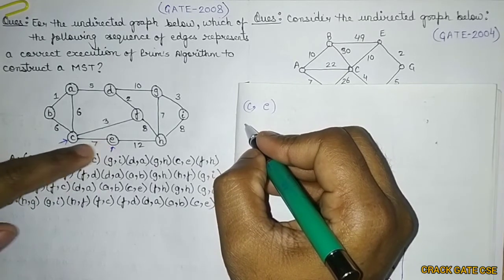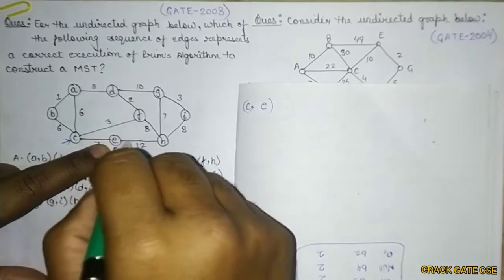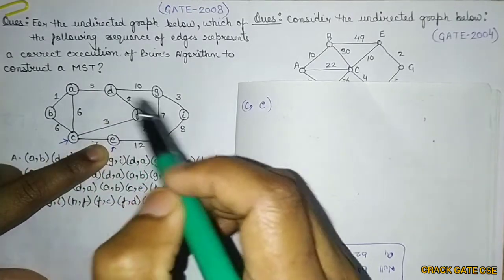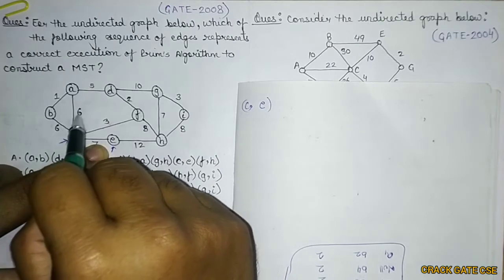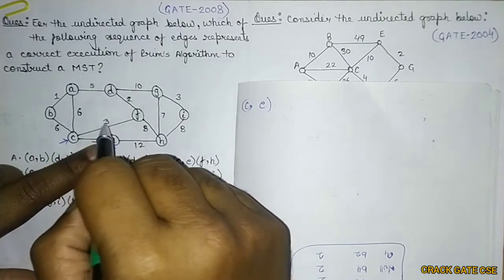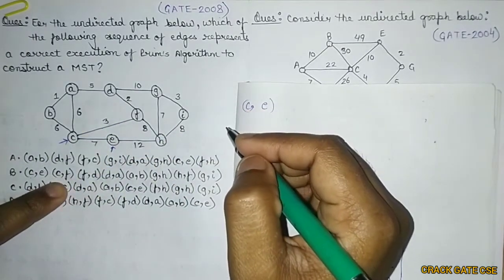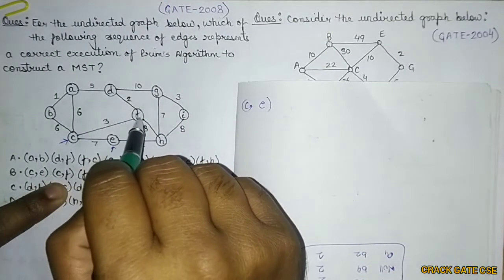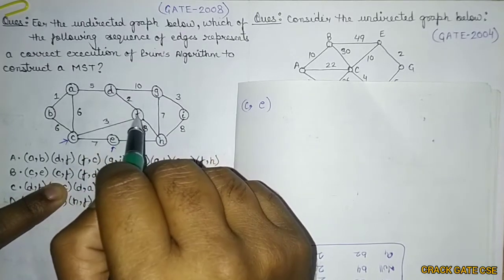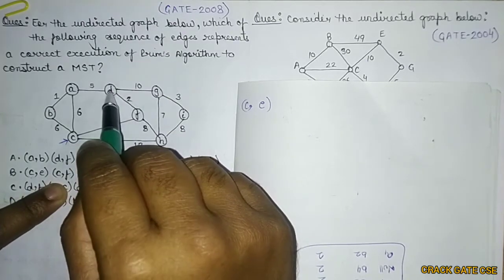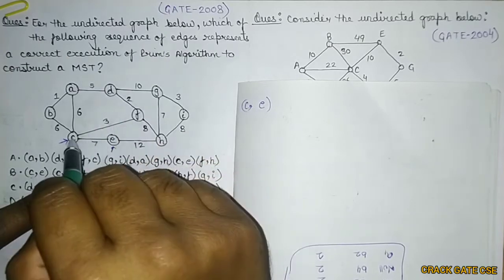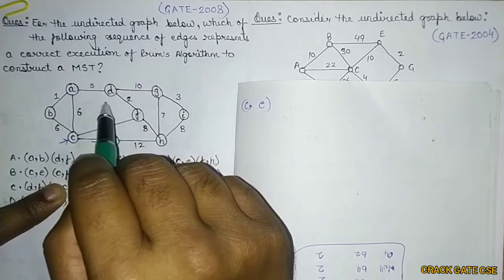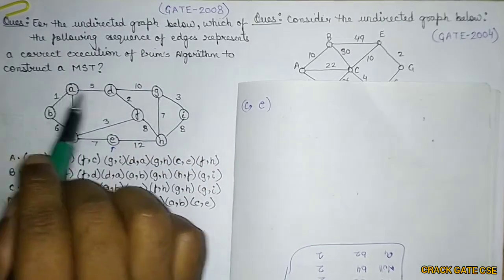So let's consider it. Next they have to find the adjacent edges of E and C, and select whatever is minimum. What is the minimum? 6, 6, 3, 12. So 3 is the minimum, so they have selected CF, which is also right. Now what is the next minimum among E, C and F? Obviously 2, so they have selected 2, and after that they have to find the adjacent edges for C, E, F, D and select the next minimum, which is 5.